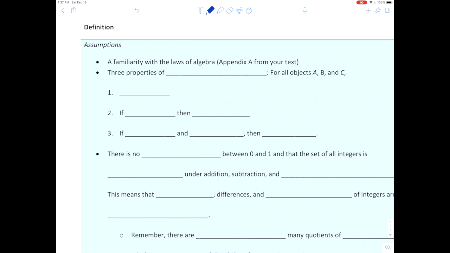Now, the 3 properties of equality is the next assumption. So for all objects A, B, and C, A is equal to itself. If A is equal to B, then B is equal to A. And then if A is equal to B and B is equal to C, then A is also equal to C. Next assumption, there is no integer